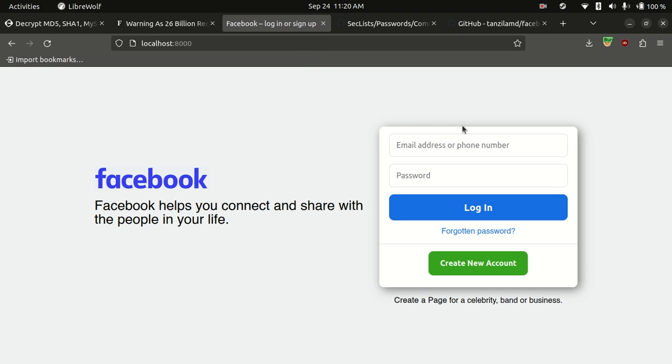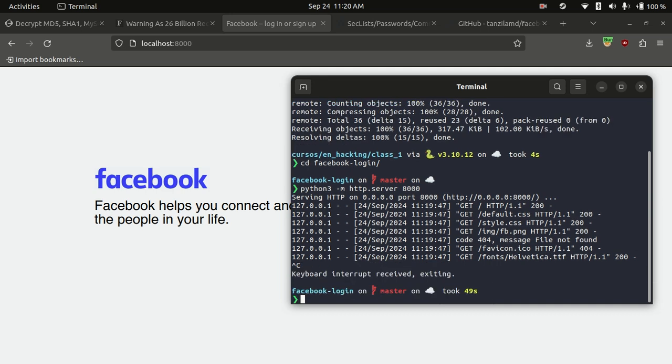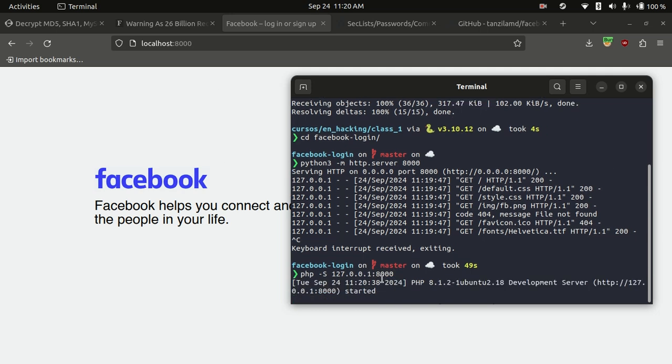What now? Well, we are not going to use the Python HTTP server. What we are going to use is a PHP server. So we're going to close it, Control-C, and we're going to put php -S. Oh no, I believe it's like this, the syntax, if I remember. Yeah. So this will look the same because this is also an HTTP server, but the main difference